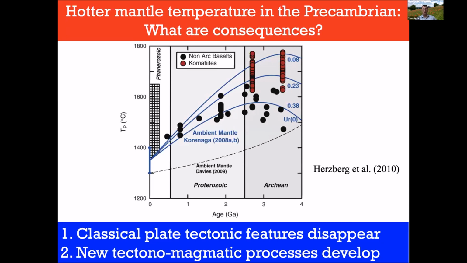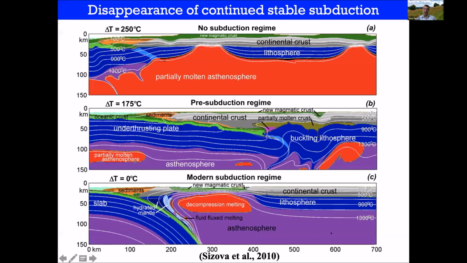When we started this exercise with Elena Sizova, we were just taking the most successful subduction models and trying to simply increase the mantle temperature. And what I was expecting was that something would change, but not much. We would still see the same relationships, because the temperature dependence of viscosity is exponential, so it's difficult to get rid of any rigidity. But in fact, what occurred is that as soon as we started to reach some temperature above present, 150, 175 degrees,